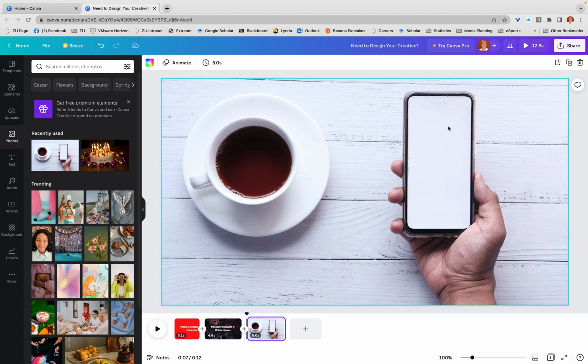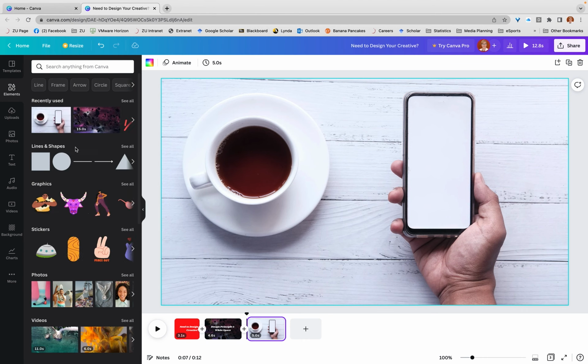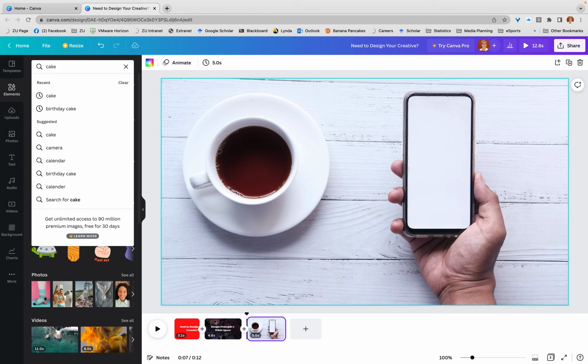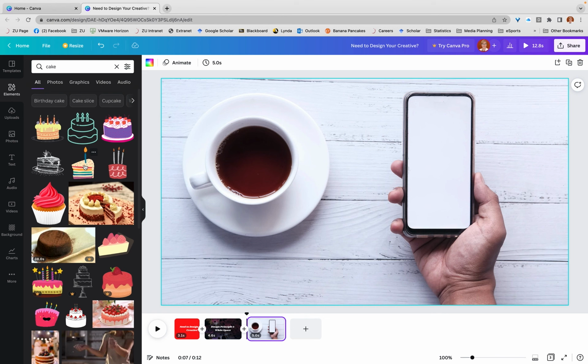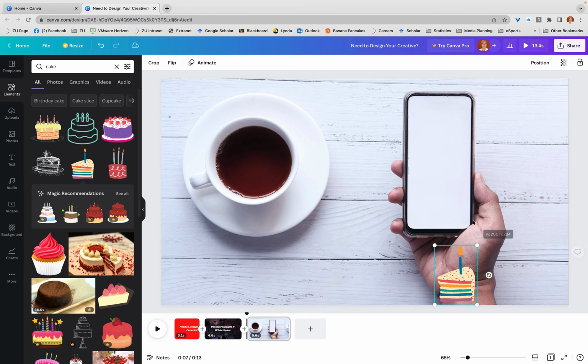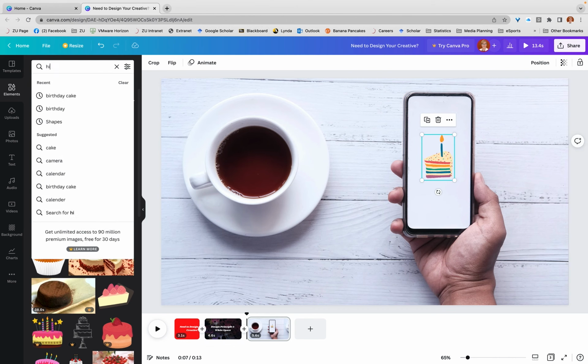So looking at white space on a screen here, I can add particular elements. So I'm going to show white space. So I actually want to maybe put something like a cake in there. So for instance, this one looks kind of cute. Resizing is very easy. It's all really intuitive. If I put that on there, and I want to talk about white space being the things around something, then also if I want to highlight something,